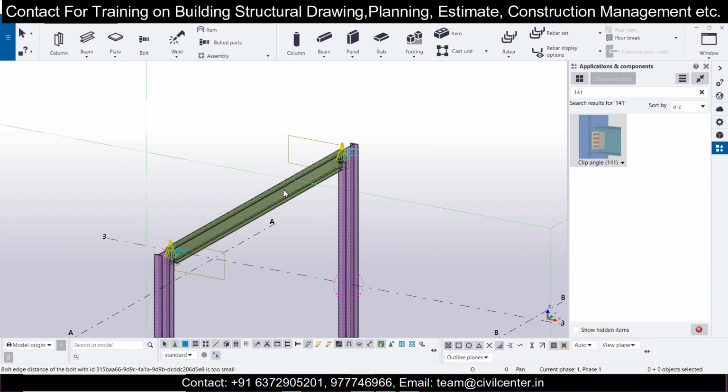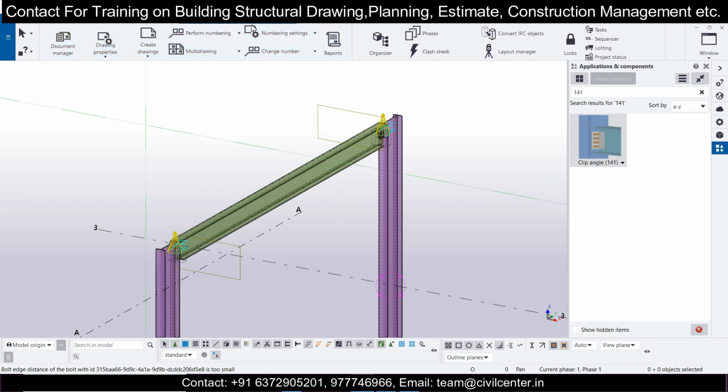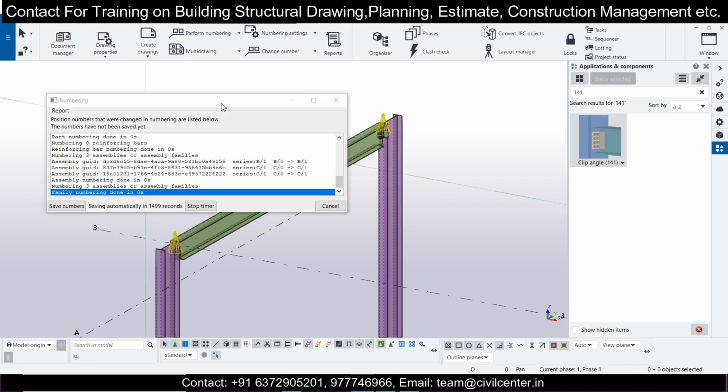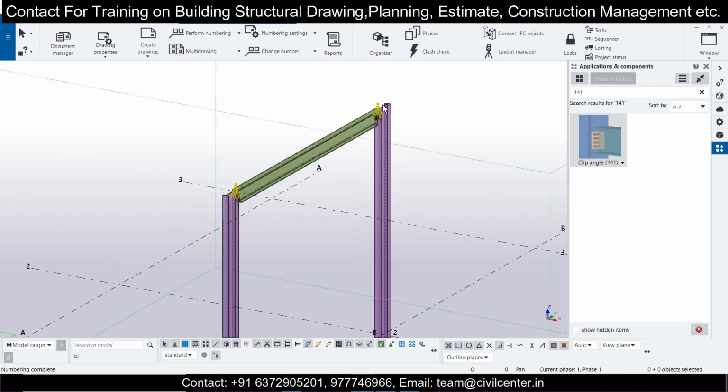So once you have done that, now you can go to your particular option of your drawings and reports, and then numbering settings, and you have here change numbering also, you have perform numbering also. So I'll go with perform numbering and just select on number modified objects, and then you can just click on save numbers. So numbers have been saved and all the objects have been numbered.